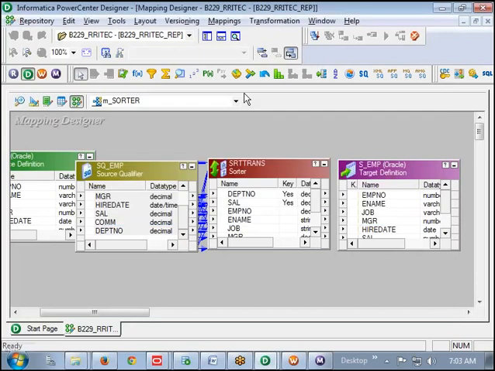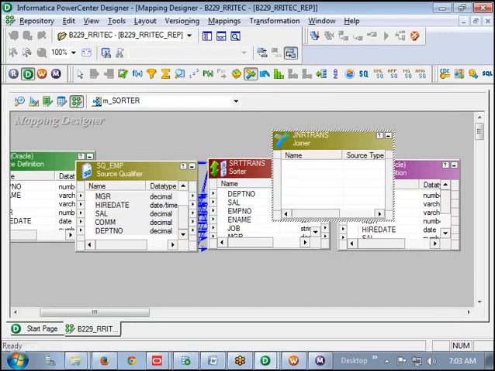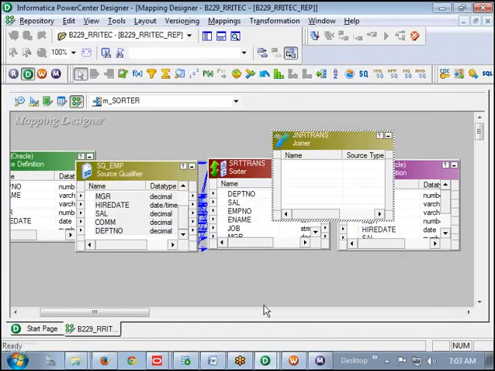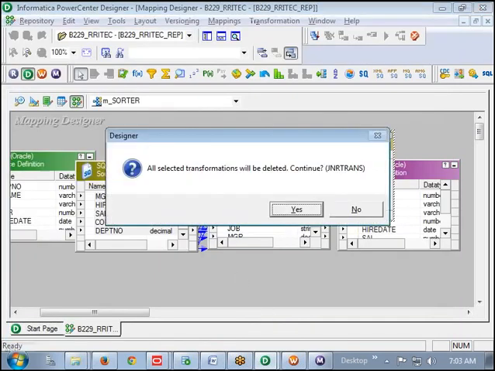And we have one more thing, the joiner transformation. In the joiner transformation also we have a sorted input option. If you sort and send the data, it performs best. That is the reason we are learning the sorter transformation.